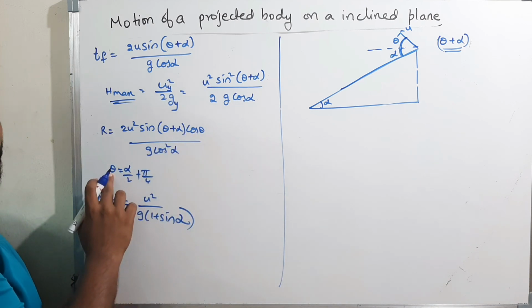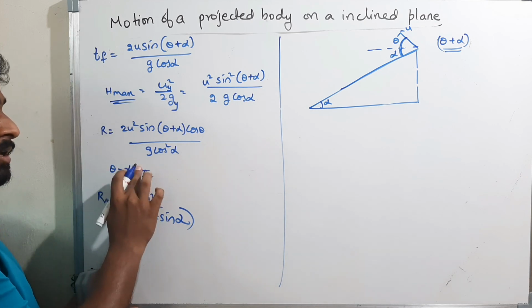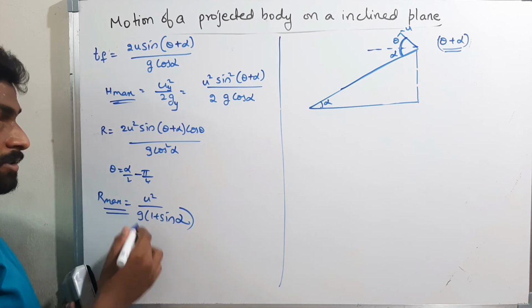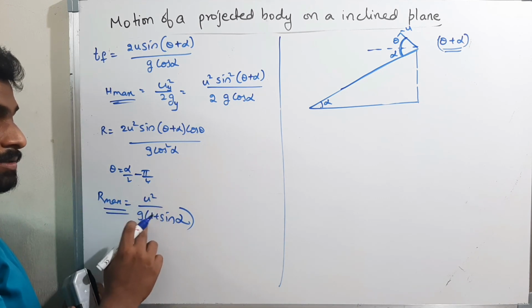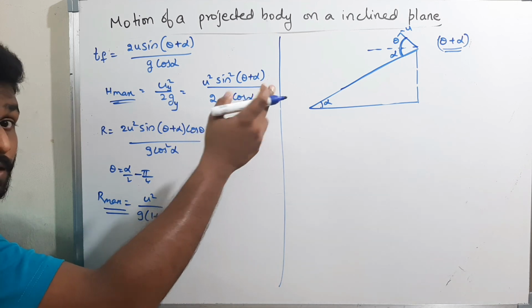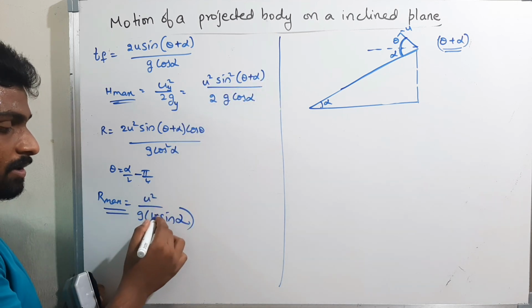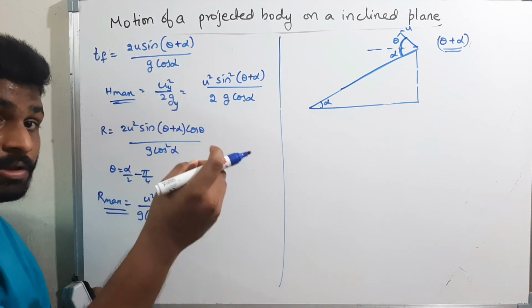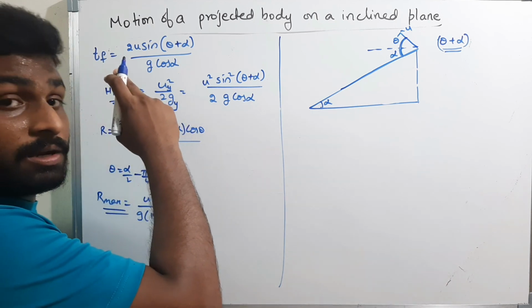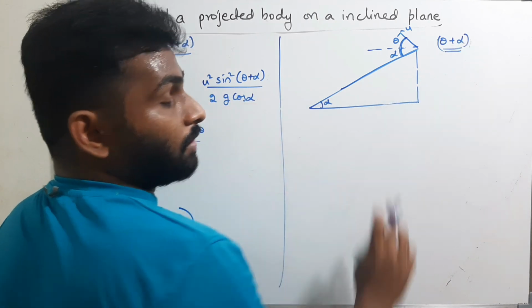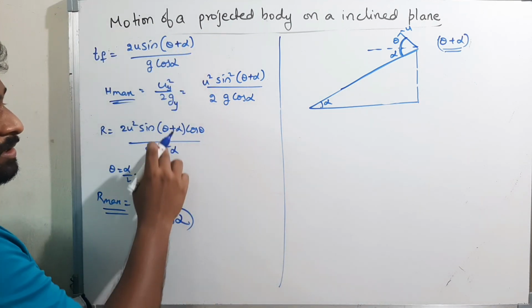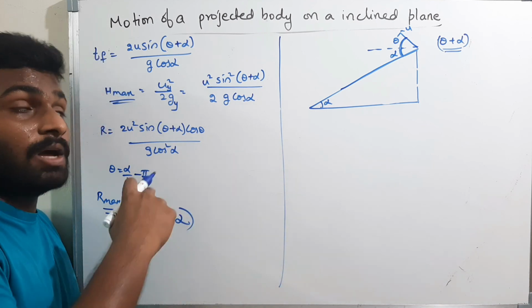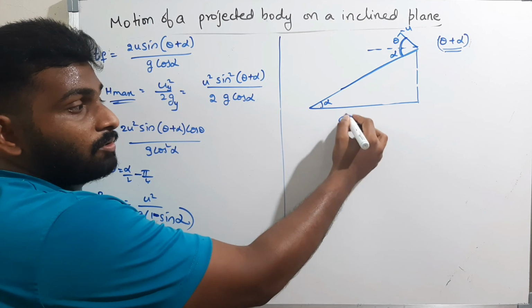Now what is the angle theta at which the range will be maximum? That is α/2 minus π/4. Now what is the maximum range? The maximum range is u²/g into (1 + sin α) for up the plane, and for down the plane it is (1 − sin α). That's all. Up the plane, down the plane, only a small difference: there I take theta minus alpha, but here I take theta plus alpha. Therefore, just keep theta plus alpha in place of everything, and you will get the maximum height, maximum range, time of flight, everything for down the plane.